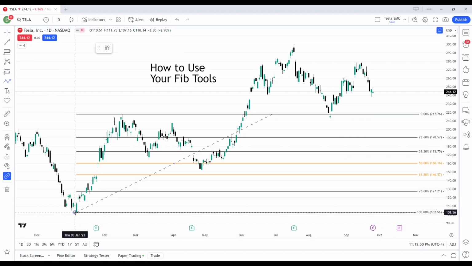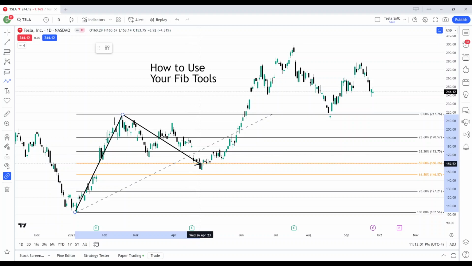drawing a path for the move, original move. Okay, retracement. First one did not get to the 50%, bounced, came back down to the 50%. Remember I said Tesla loves to do 50% retracements, right? Especially on bigger moves like this, they can be a good original point of entry. So in this move, you'd potentially be looking to enter a long position when price, and again, this is a